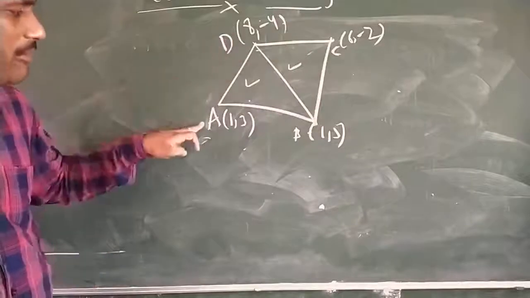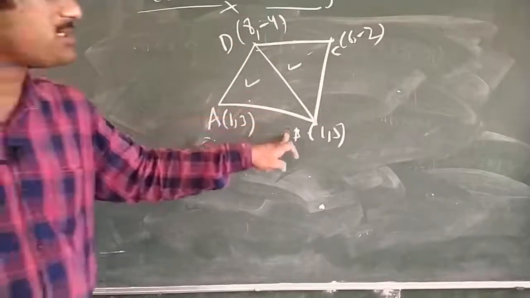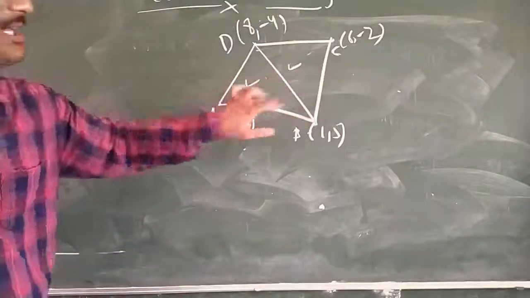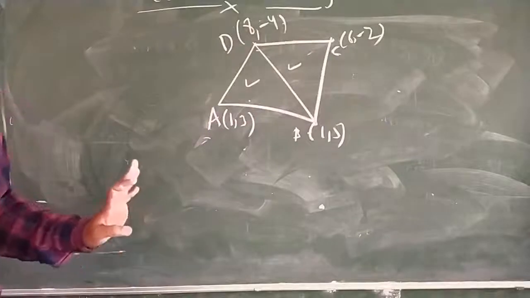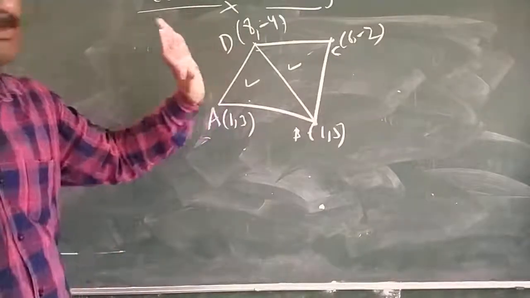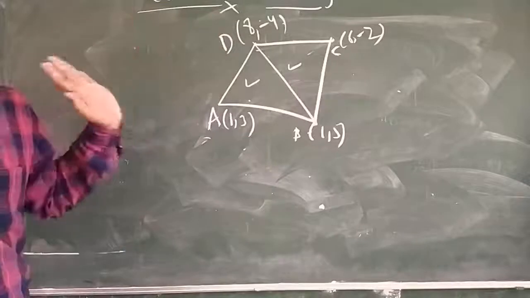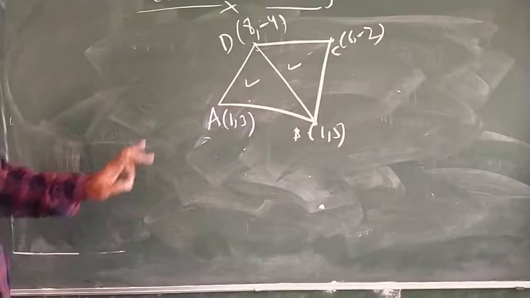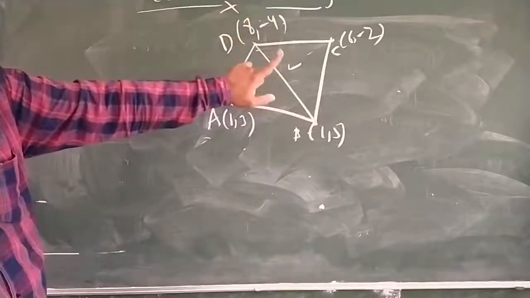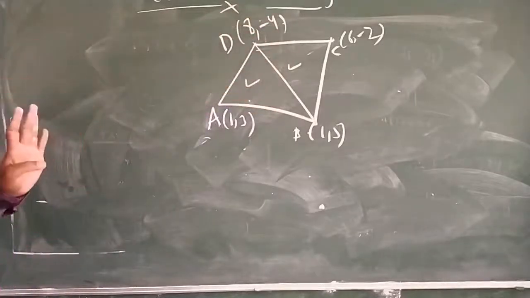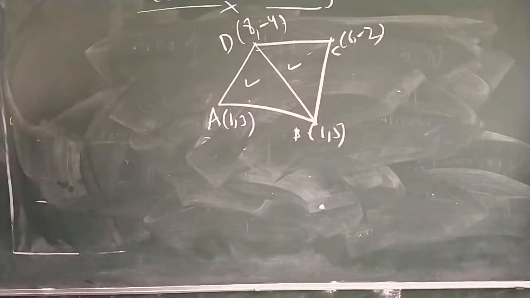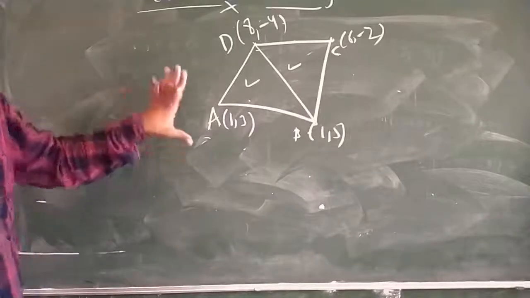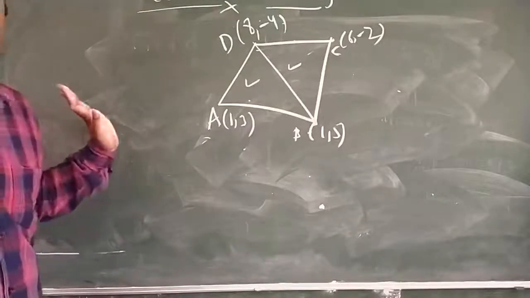So first I will find the area of triangle ABD. Next I will find the area of triangle BCD, and I will sum up these 2 triangles. Then I will get the area of quadrilateral ABCD. It may be somewhat lengthy, but we have to work out this sum in an effective manner so that we complete the answer within a short period. Make sure of the symbols we are substituting, so we will get an effective answer. So this is the overall revision of coordinate geometry. Make sure you watch the previous videos thoroughly and watch this video also thoroughly, then you can secure good marks in your exam.